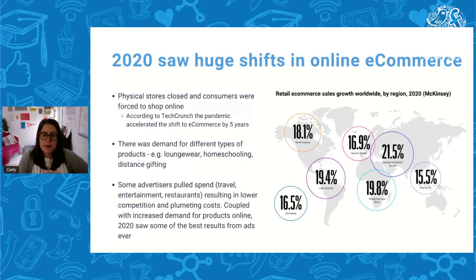So in 2020, we obviously saw a huge shift in online commerce when physical stores were closed. Consumers were forced to shop online. And I think some of the stats are saying that the e-commerce landscape shifted in acceleration by 5 years in that really short space of time. And there was also demand for different types of products. So we saw businesses that previously had perhaps been doing okay suddenly start to do extremely well within that pandemic. So things like loungewear, homeschooling, distance gifting, all of that sort of stuff. But we also saw some advertisers pulling spend, so things like the travel industry, entertainment industry, restaurants, because they couldn't